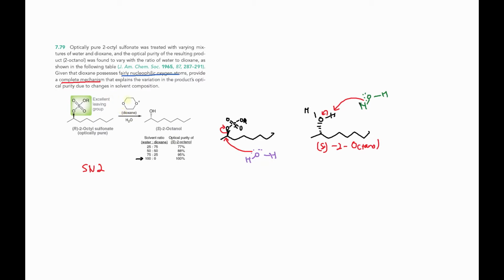However, when we introduce dioxane, it can be an intermediate leaving group. In other words, this will be a temporary leaving group. So it will still act as a nucleophile, because we have two oxygens with lone pairs, and also the directions said they are fairly nucleophilic oxygens. So when you add them, it can first act as a nucleophile, and what happens is that it's going to initially form